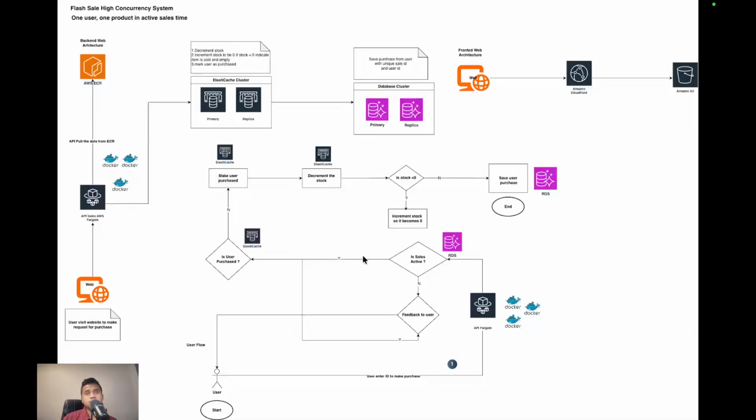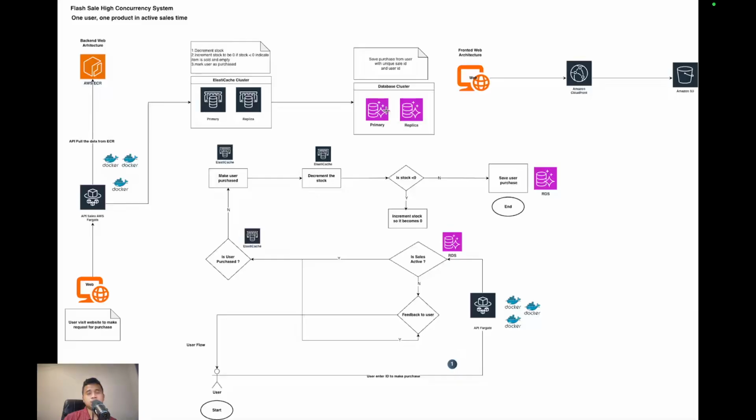I will also be adding my notes into the GitHub README. Let's say we might face inconsistency happening in this Elasticsearch cluster. What we might do is re-initialize the stock by first querying the database cluster.